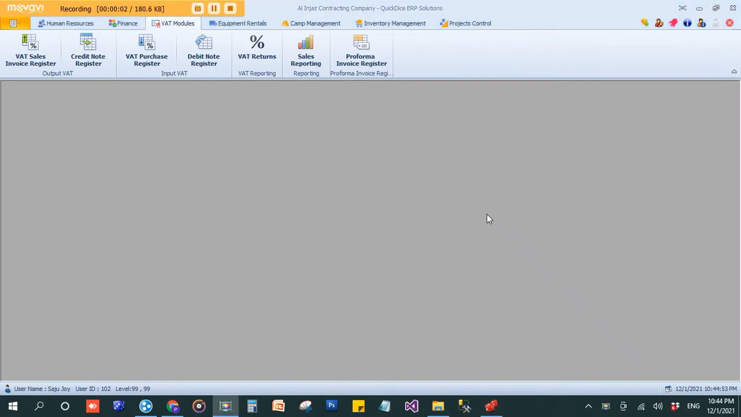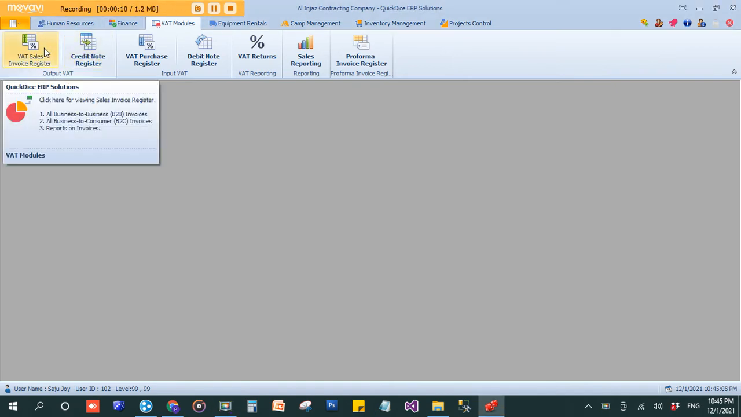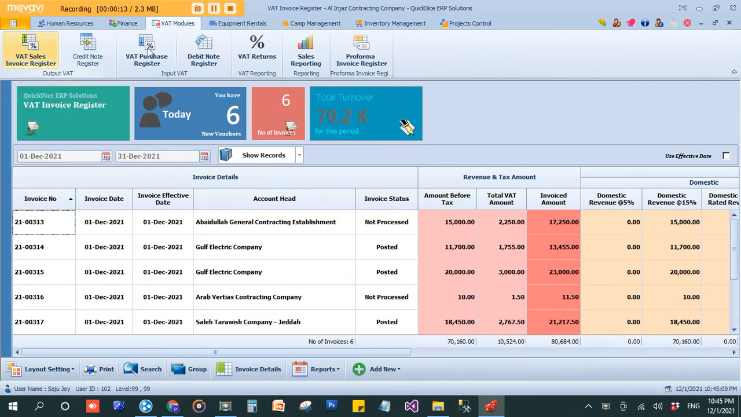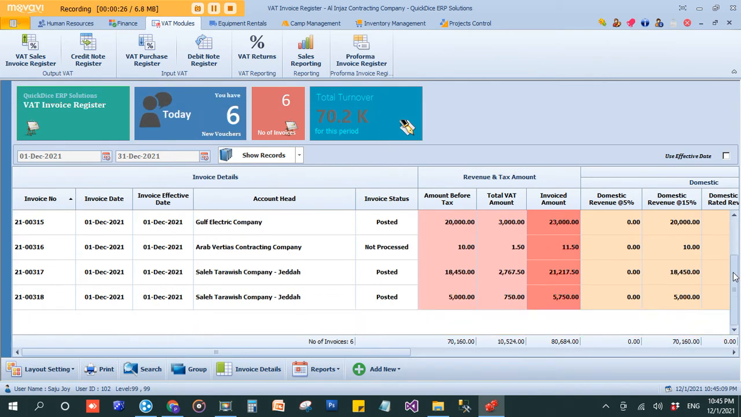This session is all about creating the sales invoices in electronic invoice format. If you go to VAT modules and click on sales invoice register, you will see all the invoices which are raised in the time period starting from 1st December to 31st December. I have raised 6 invoices in this period, with a total turnover of 70,000. If you go down, you can see all the invoices I have raised in this time period,